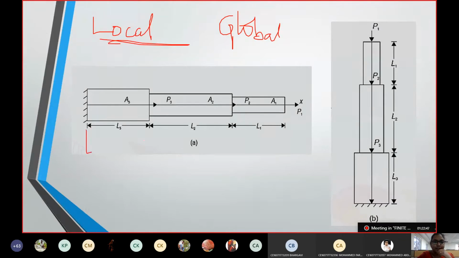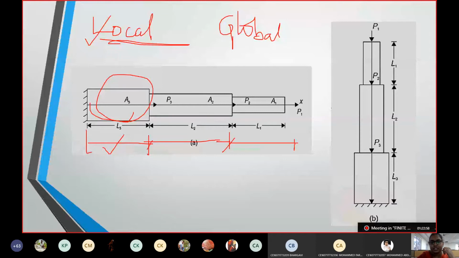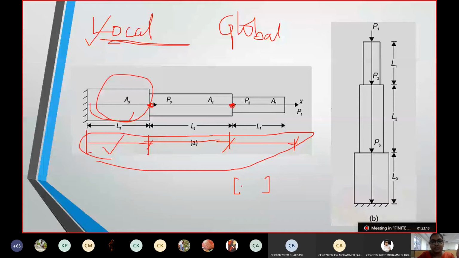What is local now? When you divide this, for this element this part will become the local stiffness, and for this it will become local, and for this it will become local. When you have to combine them, it doesn't mean you are just adding everything. The thing is, we have common nodes. When we have common nodes in the matrix, you get common terms. Those terms will be added together. That whole combined stiffness matrix is called a global stiffness matrix.